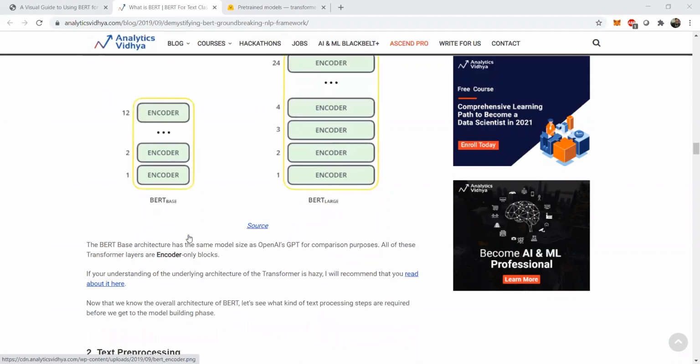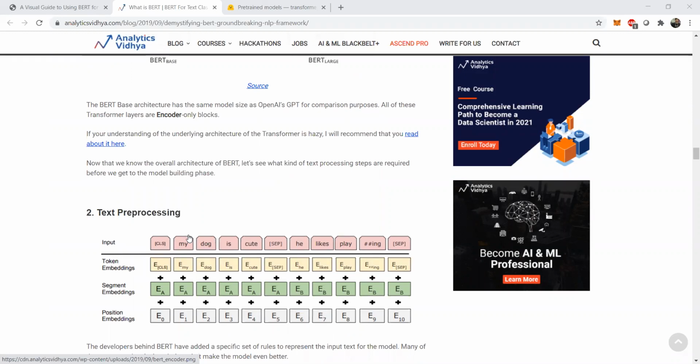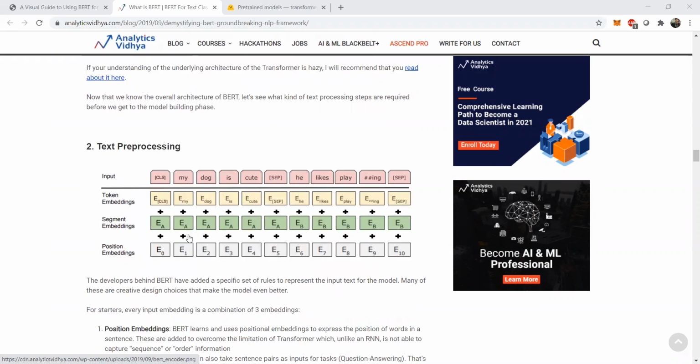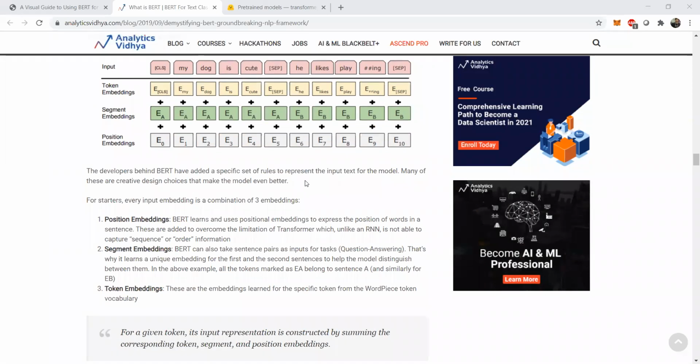And this effectively changes the entire landscape of how BERT preprocesses, how BERT fine-tunes, and how BERT pre-trains for different language modeling tasks, right? So the next thing is text preprocessing. In the case of BERT, there are three different aspects. One is called the position embeddings, one is called the segment embeddings, and one is called the